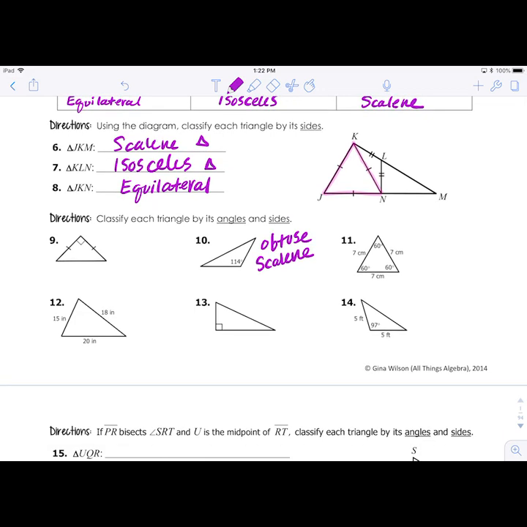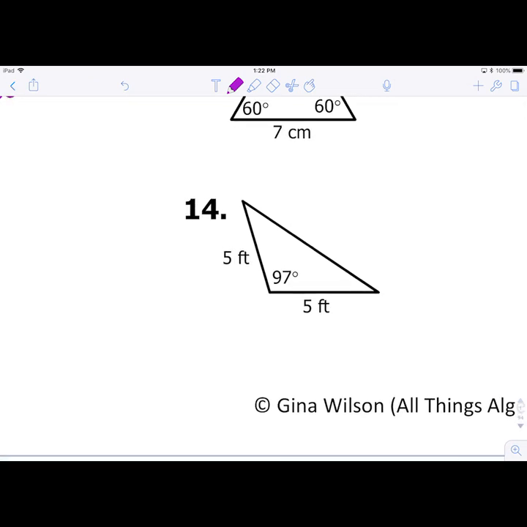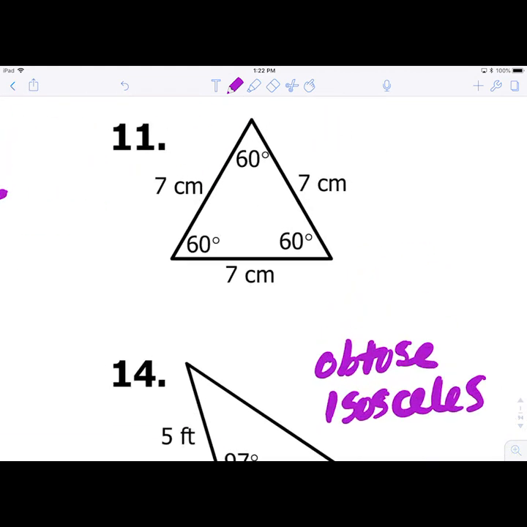This one right here, 14, right? You have two sides that are congruent to each other. They both have the same measurement, 5 feet and 5 feet, and then one obtuse angle. So this is an obtuse isosceles, right? So these are pretty simple. If you look at 11, though, this one